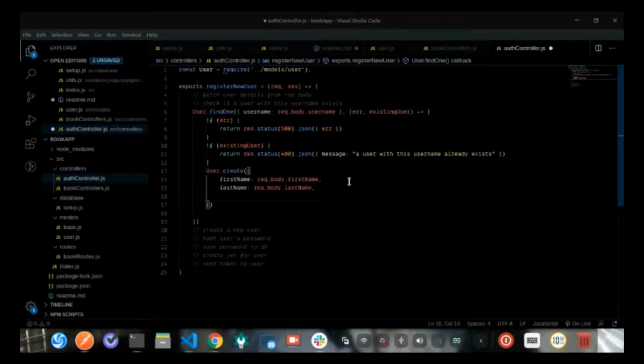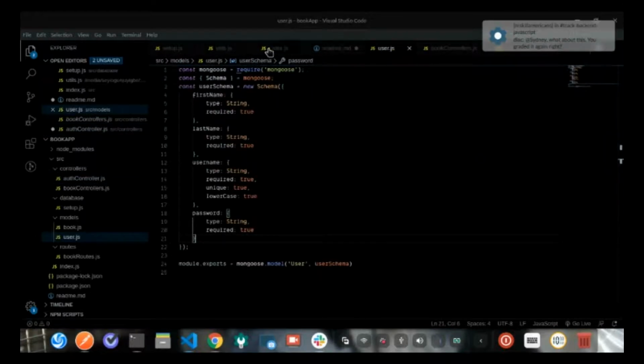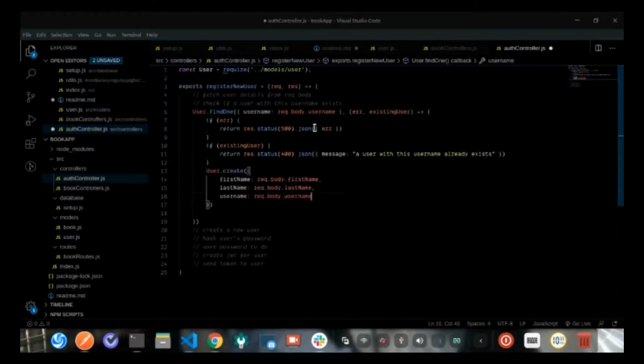I want to be sure we're not missing anything. First name, last name, username, and password. Okay, so the last part is the password, which we will not add just yet. So User.create this, and then we can add a callback